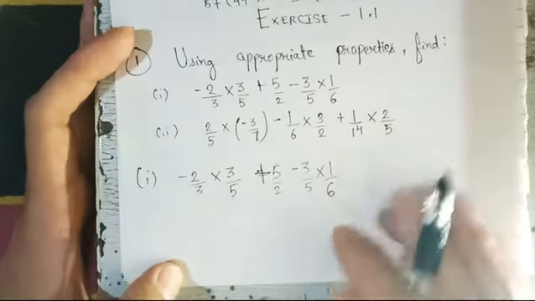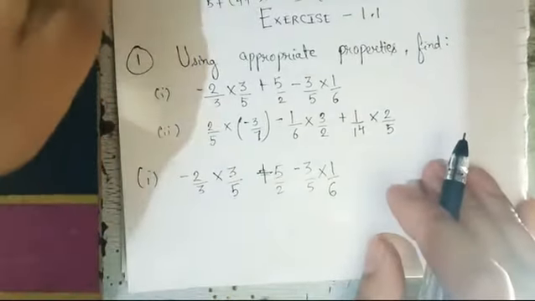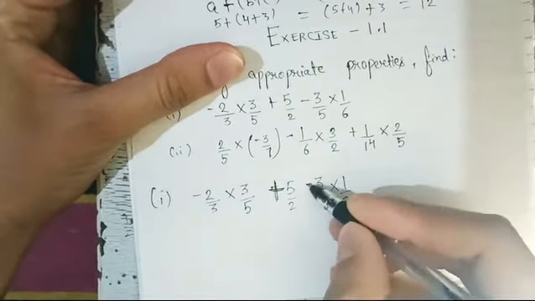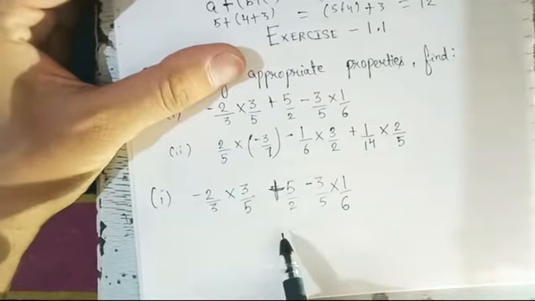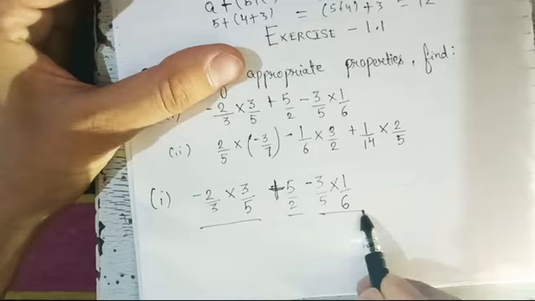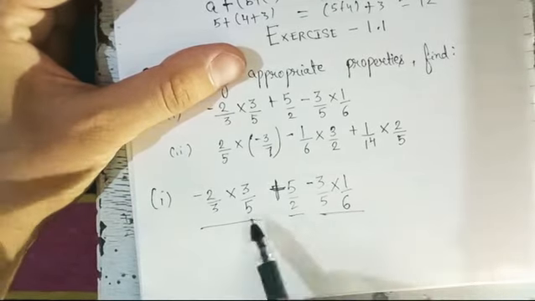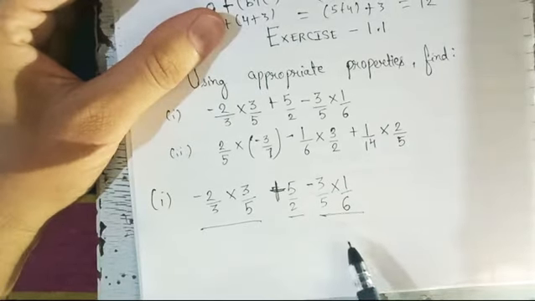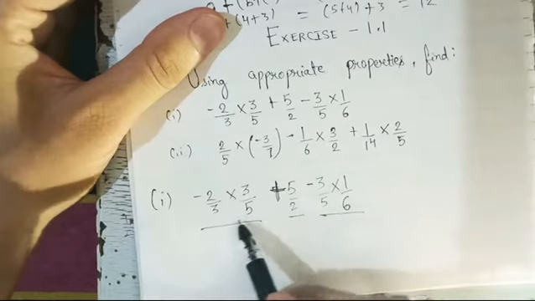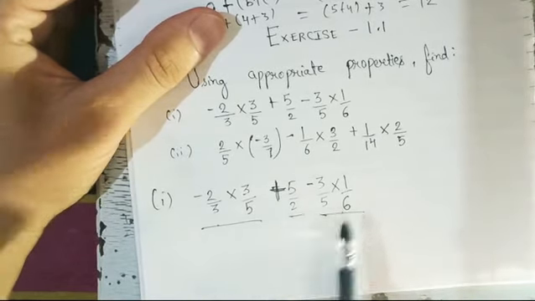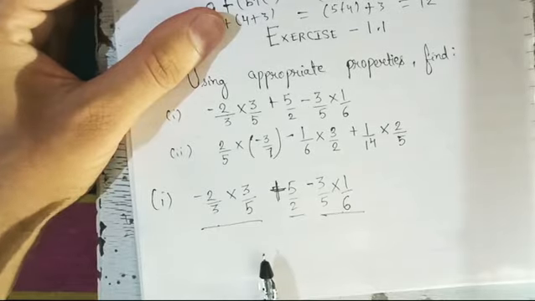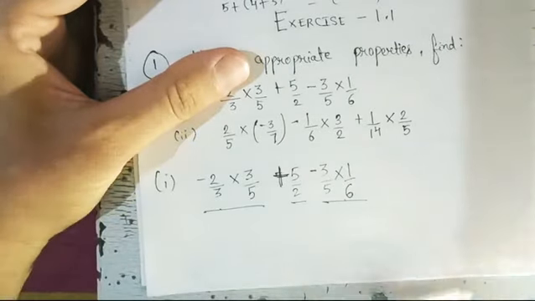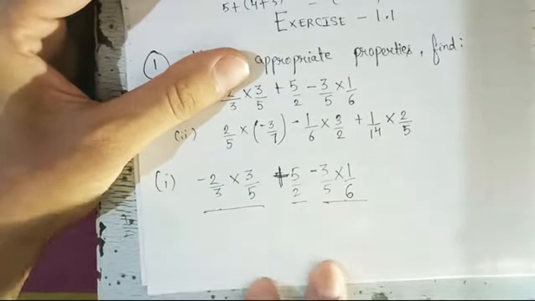Now look, there are 3 terms. How many terms are there? There are 3 terms. How? Wherever the positive and negative sign is there, that will separate the terms. That means it's the first term, second and third. Now look here, is there any common value between the terms? First of all, look at that. What I'm seeing here is that there are 2 common terms, but they are not arranged properly. First of all, I can arrange them. How can I arrange them? Using the associative property. I will write that on the right hand side, and here I will rearrange them in order to solve the question.